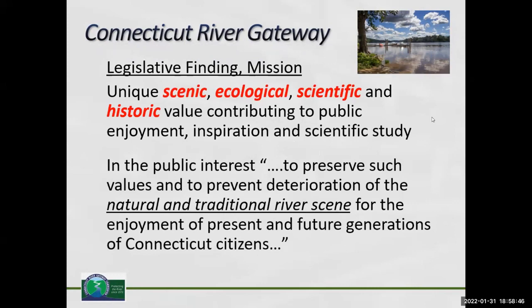and to prevent deterioration. And this term here you see in many of the letters that Gateway sends, protection of the natural and traditional river scene for the enjoyments of present and future generations of citizens. So it's this first paragraph, the legislative finding of the General Assembly and the mission, where Gateway gets its marching